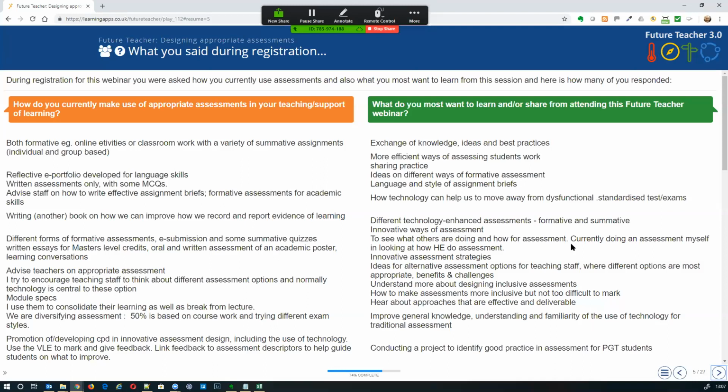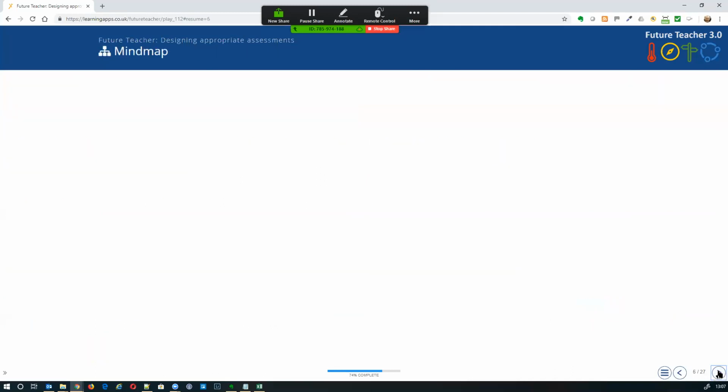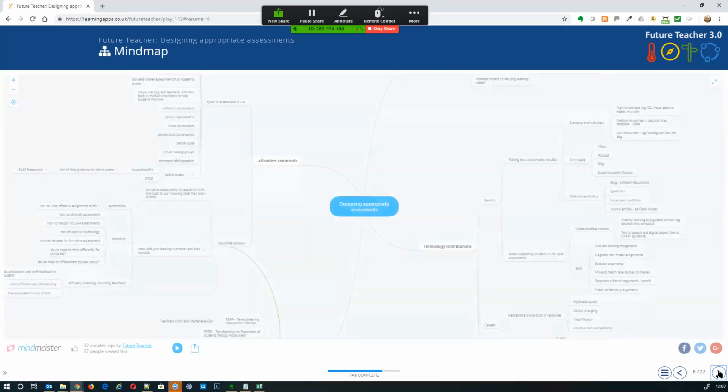Are other people further ahead? And so there's a real learning that can go on. We're not going to go through all of those now, because you can come back to this Xerte object at any point and look through it yourself. What we will say, though, is that you'll find on the mind map, which is the next slide,